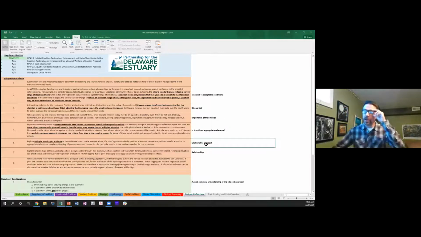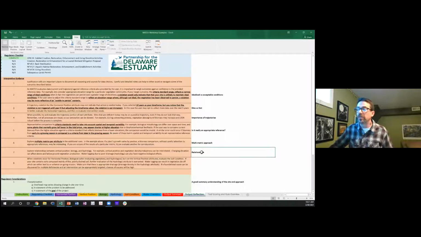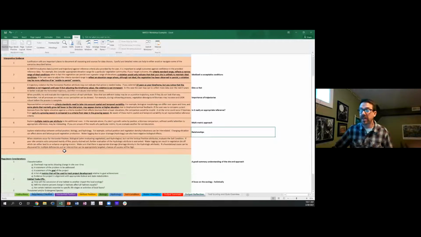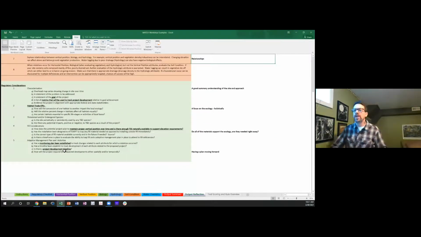Also in Watch, you can take a multi-metric approach. You can evaluate a variety of different metrics for each attribute to compare the outputs to see how they fare next to each other. And then you can look for relationships among those outputs with some of the different attributes as well. So there's some dialogue presented here to help walk through some of those common questions that come up. And actually, quite a few of these questions we're going to go through when we do the interpretation exercise a little later. There's also a series of regulatory considerations that we developed along with regulators in New Jersey and Delaware